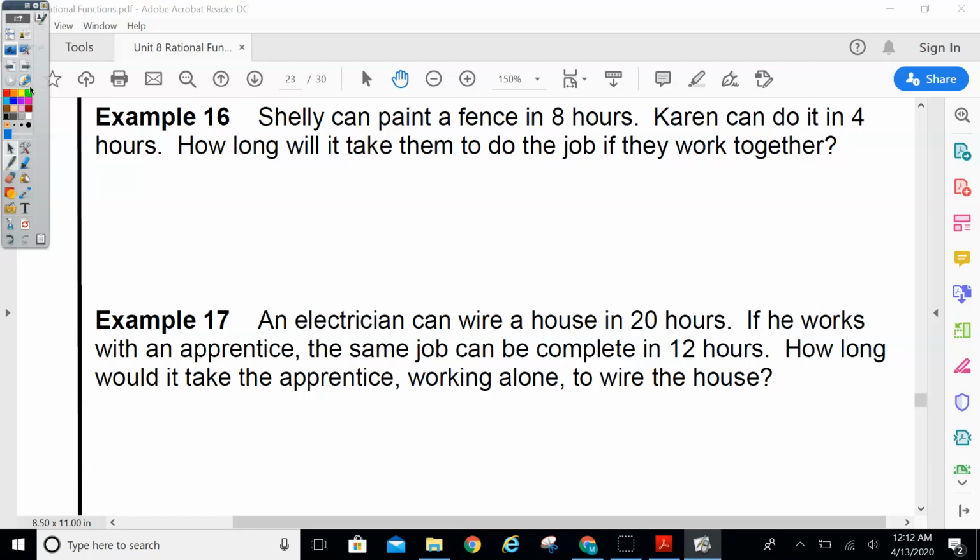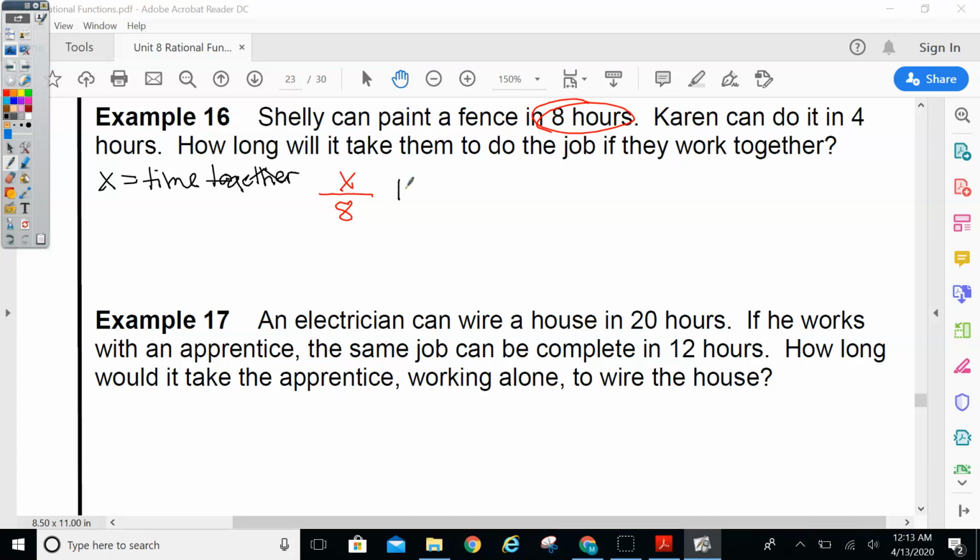Okay, so setting it up, I'm going to let X be the time it takes them together. It says together. Okay, so Shelly can paint a fence in 8 hours. So for Shelly here, we're going to do X over 8